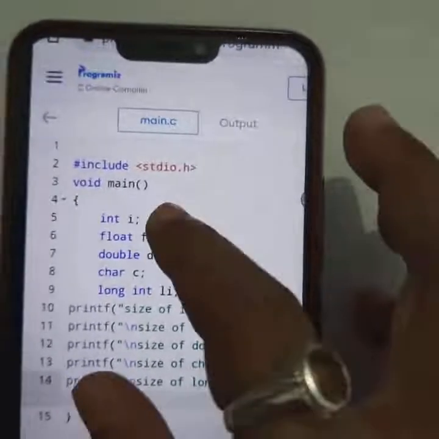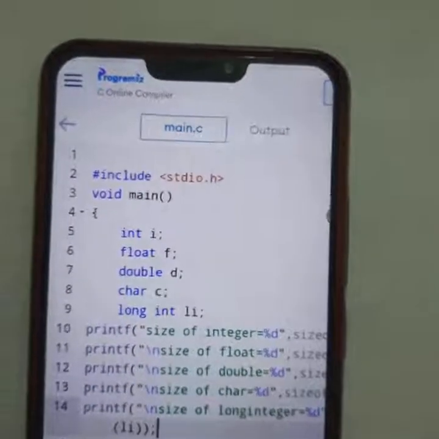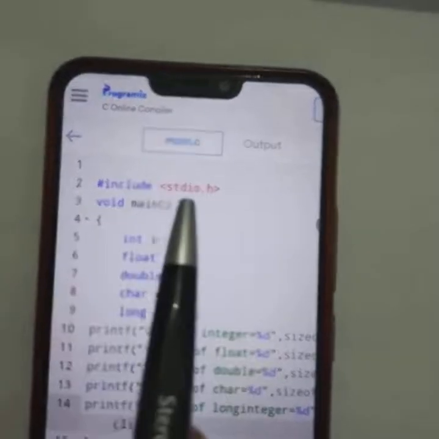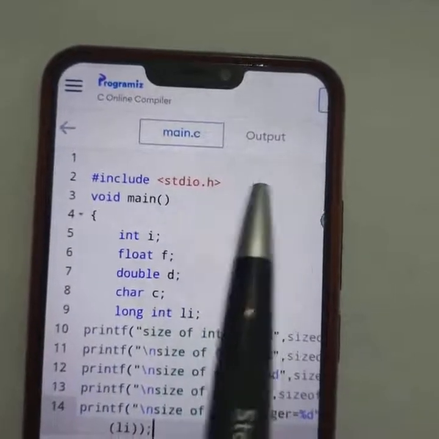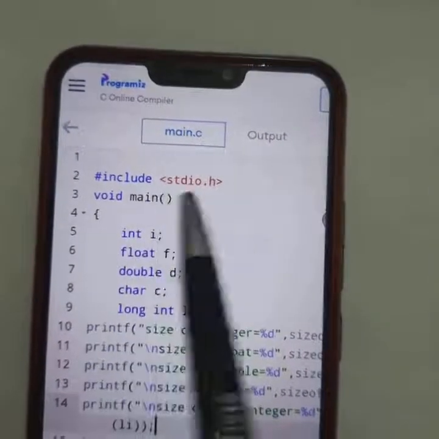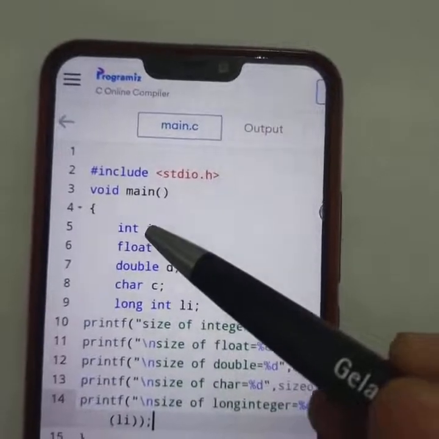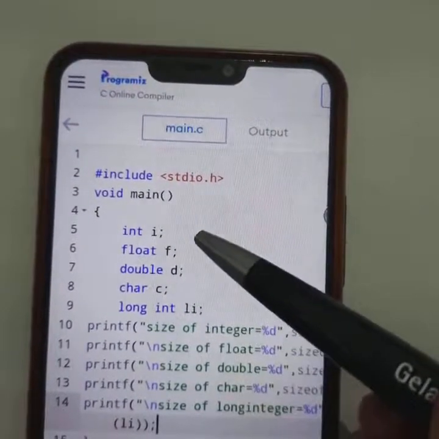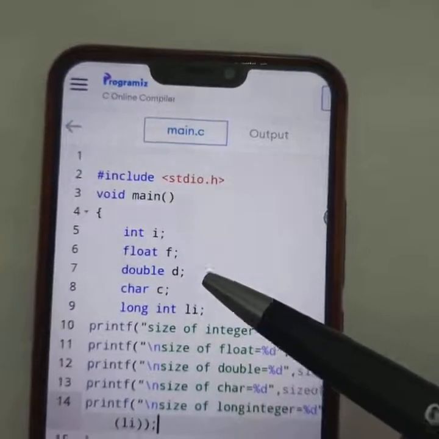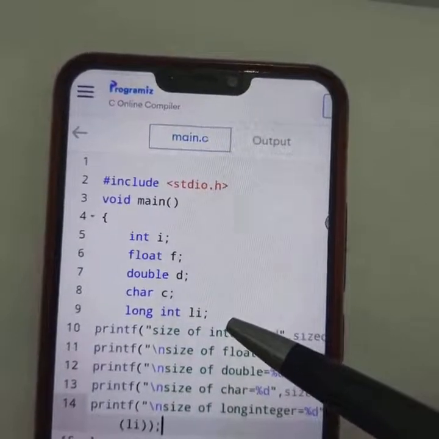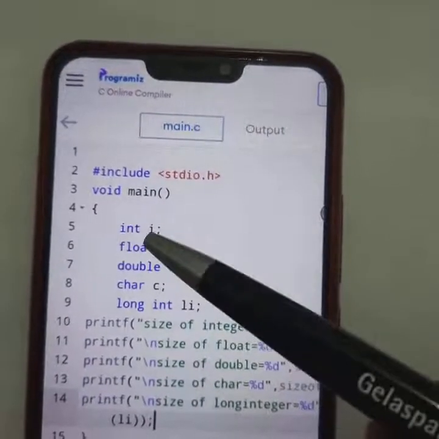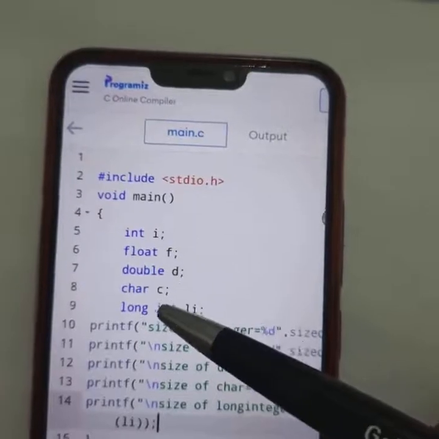Now I am explaining these. First, hash include stdio.h, this header file. After that, void main. I take here data types integer, float, double, character, and long integer, because I want the size of integer, float, double, character, and long int.